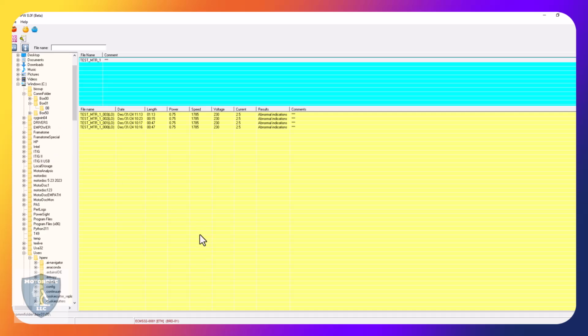But that's it. If you have any additional questions, let me know. As you can see, it's very, very simple to set up. There's a lot of other features in here that we didn't cover. It's a very, very powerful tool, and it's extremely accurate. So if you have any questions, reach out to